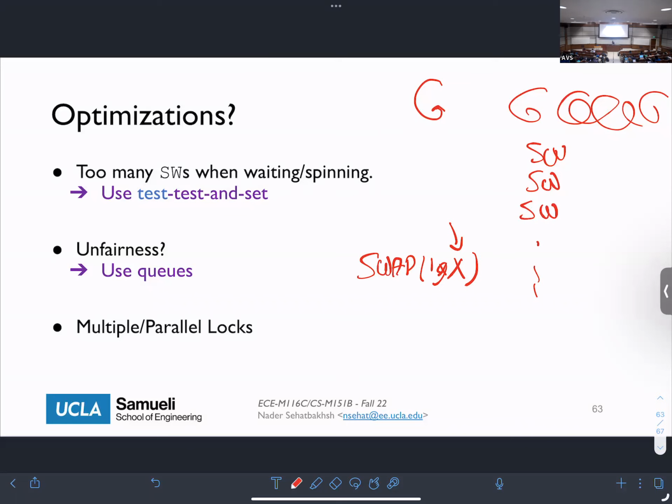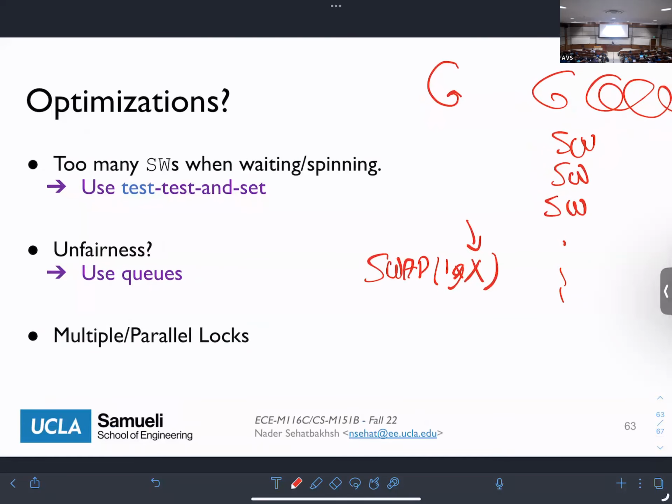Okay? So the idea is read the log first. So maybe just load x. If x is equal to 0, then do the swap. Remember, this still has to be atomic, otherwise there will be overlapping, but the load part doesn't matter. There might be 2 of them in the worst case scenario, but there won't be a correctness issue.